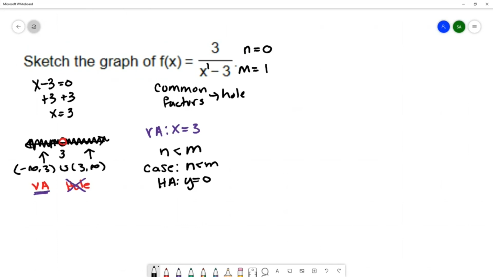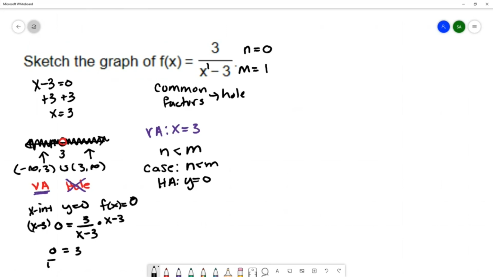It's also helpful to find x and y intercepts. These are important features of the graph. If I'm looking for an x-intercept, I'm going to let y equal 0. And y in this is f of x because we're writing it in function notation. So we're going to set f of x equals 0. That's 0 equals 3 over x minus 3. I'll solve this equation by clearing fractions. So I'll multiply by x minus 3 on both sides. That's 0 equals 3. That's a false statement,